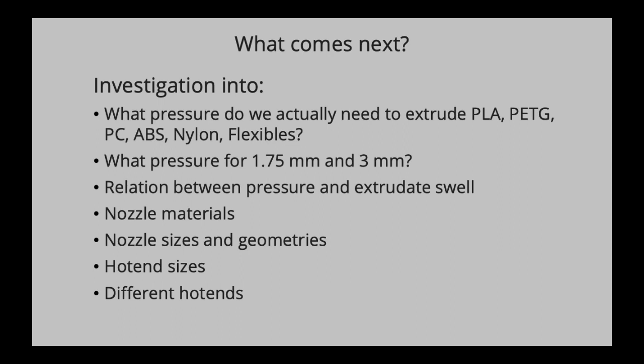So there's quite a bit, and then you could go on to how well can we transfer torque with PETG, PC, ABS, nylon, and flexible. So do they all just perform the same, like it did nice and linearly with PLA, or do they behave differently? So that could be investigated. So there's quite a bit you can do, and what I think, most personally, is the most interesting